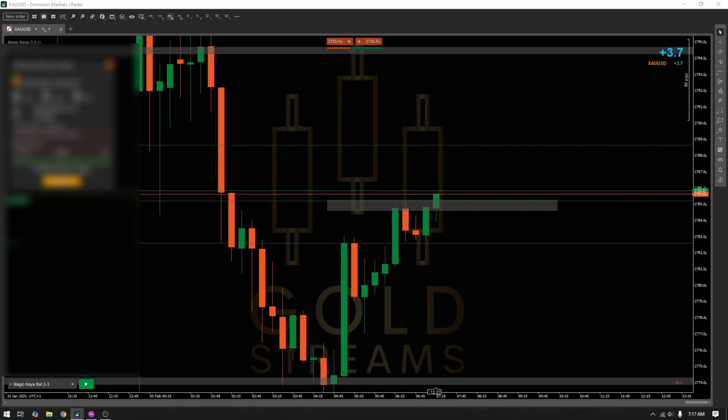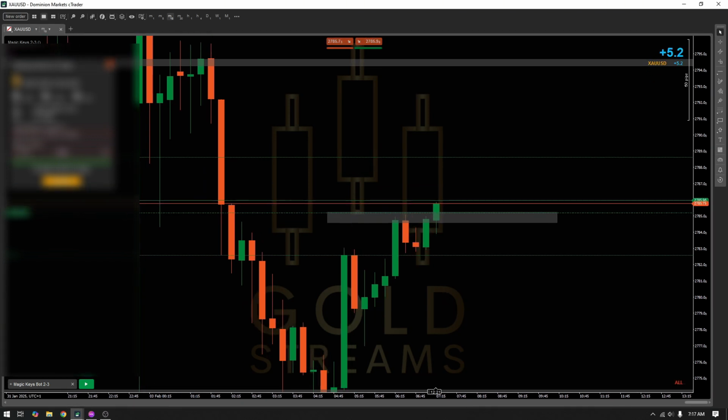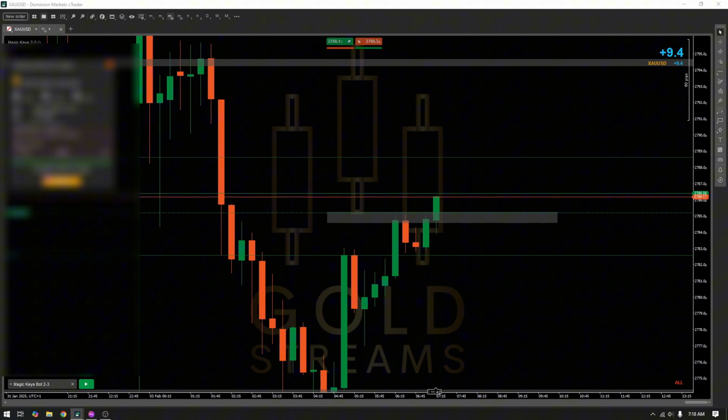So I want to talk about this trade that I took pre-London, so today, the 3rd of February. See this beautiful market structure appearing on gold. This is the 15-minute time frame. So we had gold creating a session trend, a bullish session trend, moved up quite a bit, came down, created